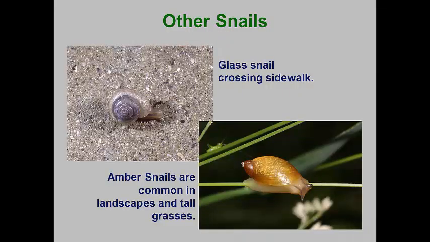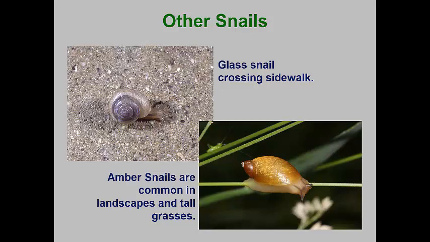There are dozens of small snails that can live in our landscapes. Most are missed and of little consequence. Glass snails have translucent shells, and the shell is more flattened down into a spiral. These usually eat soft leaf tissues of germinating plants or decaying leaves that have fallen to the ground. Most live in moist habitats, and they are most active in the spring and fall when temperatures are moderate and